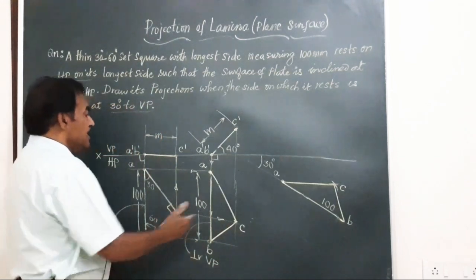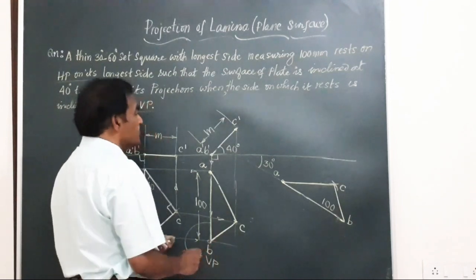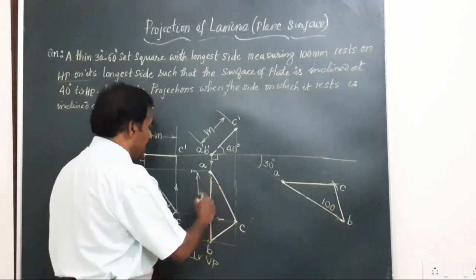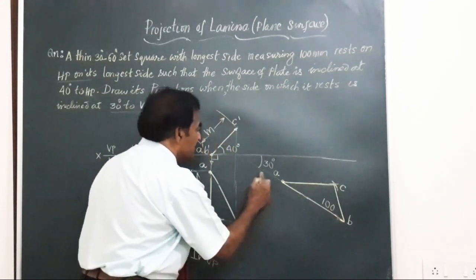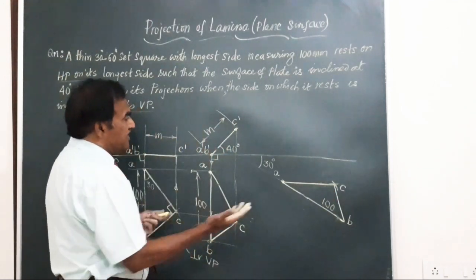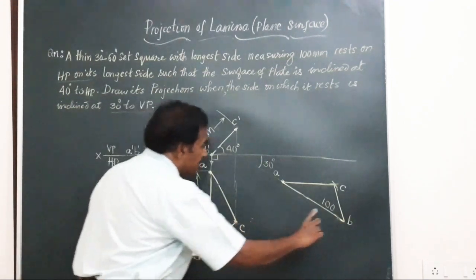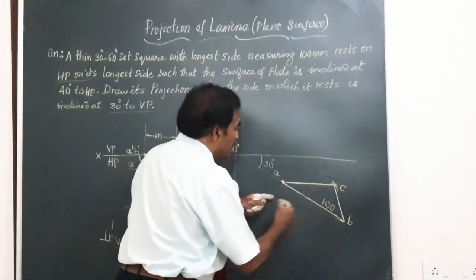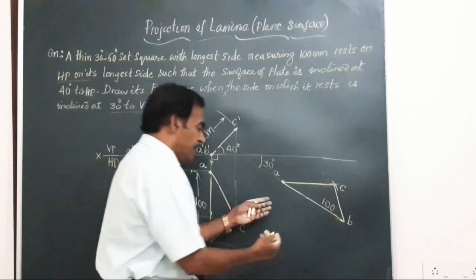So friends, you can see in this top view that you have this side vertical, but he says in the question it has to be at an angle of 30 degrees to VP. So I am going to redraw this figure ABC here such that this side AB measuring 100 mm is on that line, inclined at 30 degrees, and you have to obtain the point C. How to obtain it? It is a triangle again. You know this B, you know the measurement of this. So taking B as center, BC as radius, strike an arc. Taking A as center, AC as radius, draw another arc. The point of intersection of these two arcs will give you C. Finally, friends, you have the final top view.